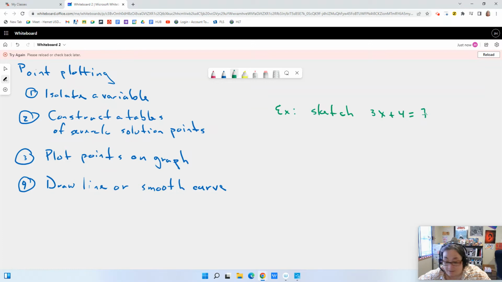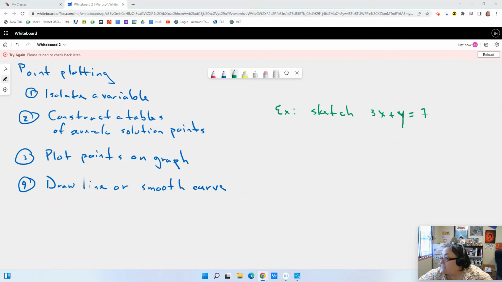Oh, sorry. I can't read my own writing. It's 3x plus y equals 7. I'm like, where's the other variable? I've got to have two variables to make it work. So if I were to sketch 3x plus y equals 7,